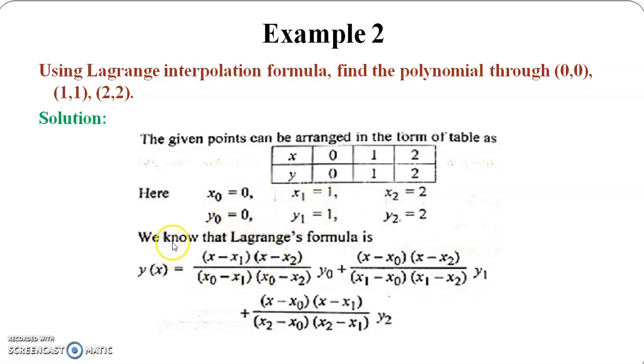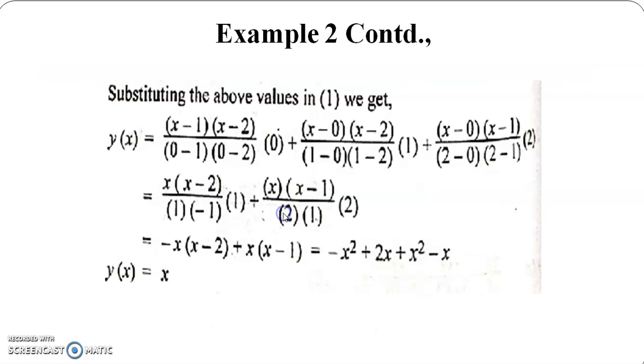Now we know that Lagrange interpolation formula can be written for three data like this. Leave x0 here, write like this. Leave x1 here, write like this. Leave x2 here, write like this. Okay. Now substitute all the values in the formula. But here we don't know the value of x. So simply keep x as x here. Right? Substitute all the values here. Keep x as x here, x minus 1, x minus 2, 0 minus 2, 0 minus 2 into 0, likewise.